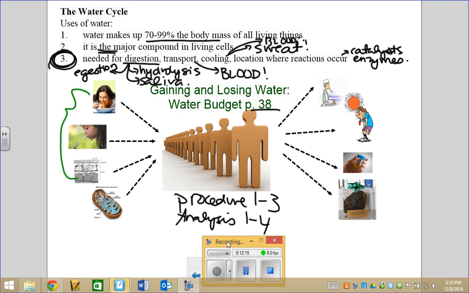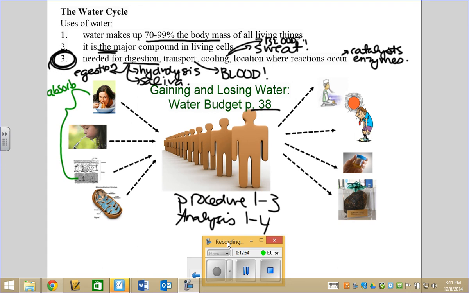These three are all ways that you can absorb water. In the data tables, it illustrates that when you are eating and when you are drinking, you can absorb water. Now, for other organisms, not necessarily humans, you can also absorb water through your skin or at the surface. It's not something that we do on an organism level, but it happens in our cells all the time. Water crosses over cell membranes in and out all the time.